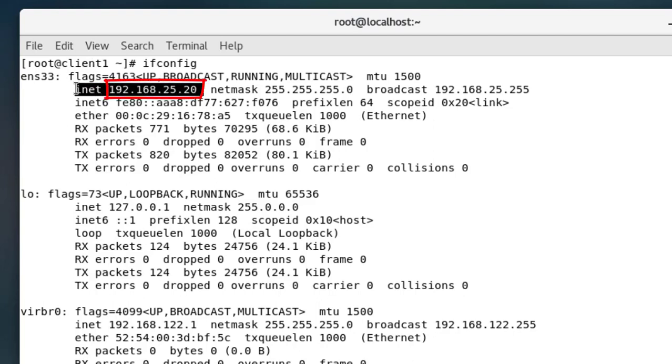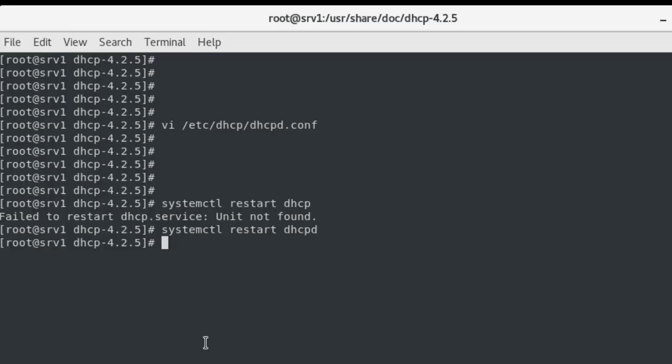So now we have fixed the IP for this client as 192.168.25.20, with the subnet mask as whatever we have given in the configuration file of the server. Once again I'll just show you what the configuration file was.